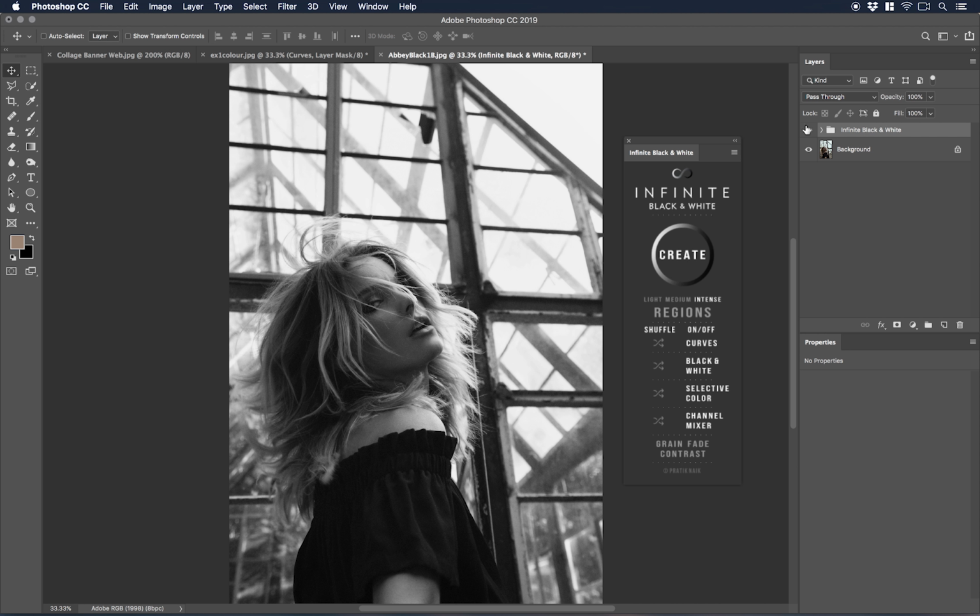Now you can even save this group here and use it over and over again as your own preset. To do so, simply go to